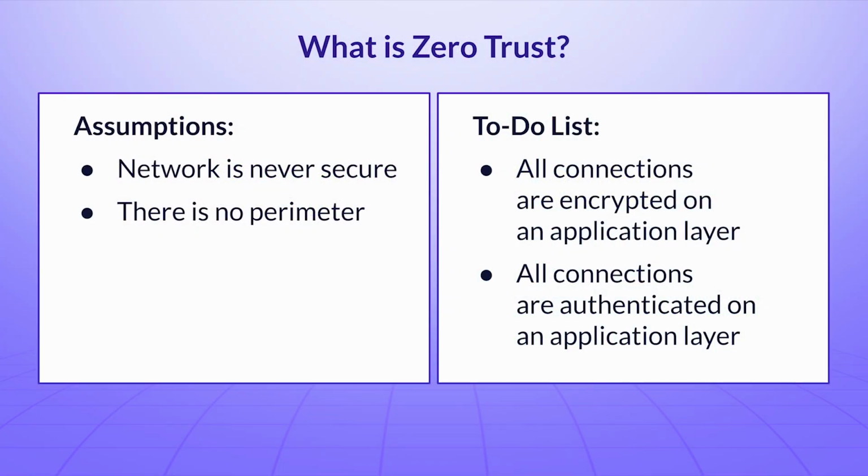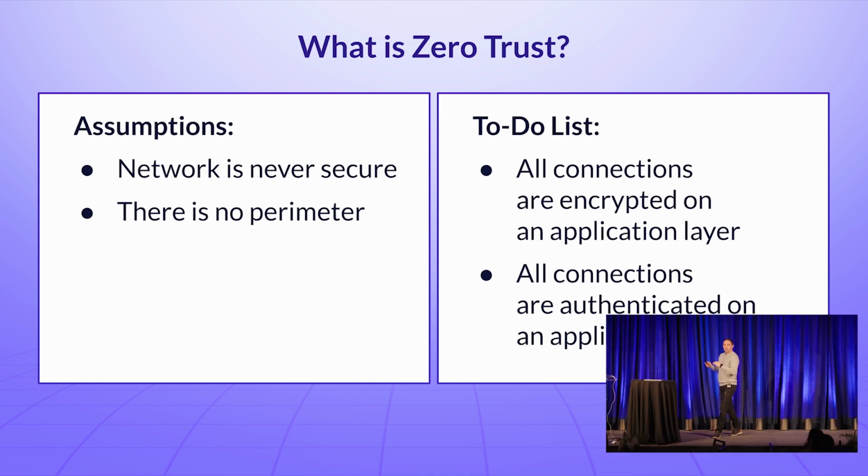Zero trust basically means that you should not trust your network. In fact, the network shouldn't even be considered, ideally, when you're thinking about cybersecurity. Zero trust simply means that all computing resources that your infrastructure consists of should always assume that the attacker is already on the network, which means that all connections need to be authenticated and all connections need to be encrypted. So it's a fairly simple concept.